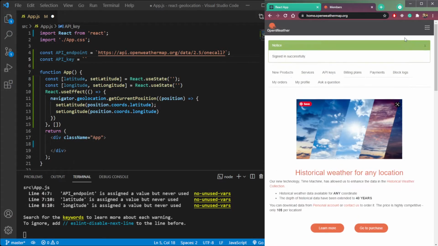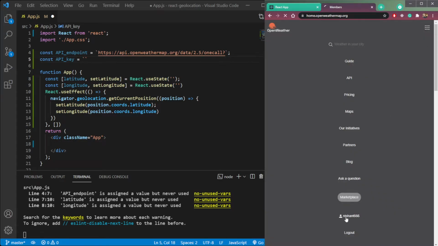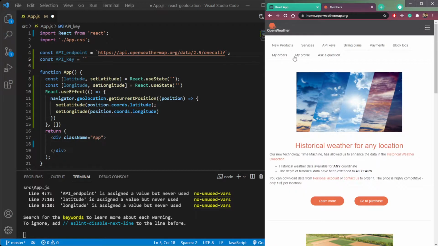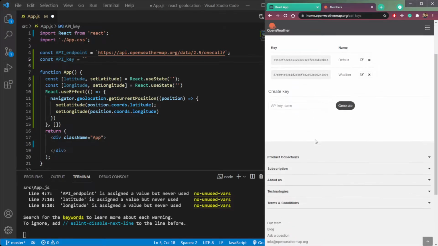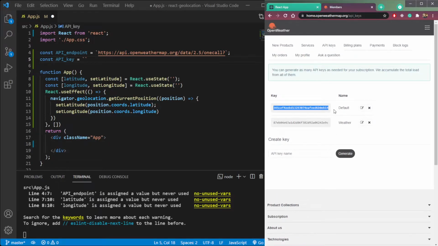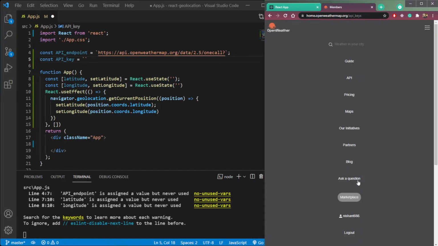Then we can see our API keys. So click our account, then API keys here. So we have both API keys, this one and this one. But there is a problem here. These two API keys are invalid because there is some problem in my account.